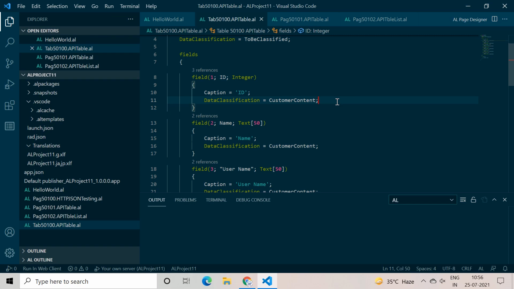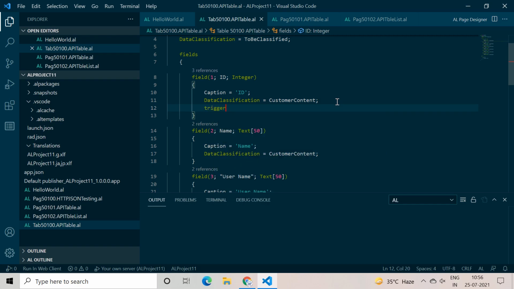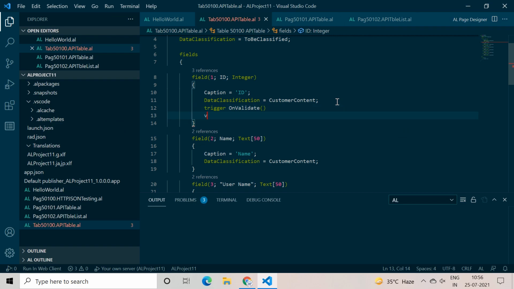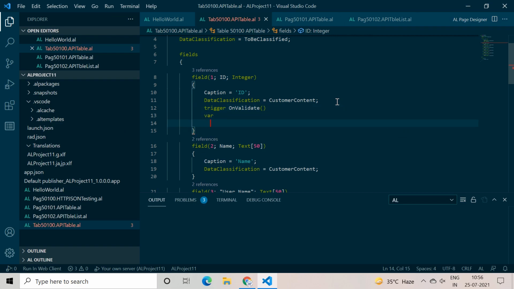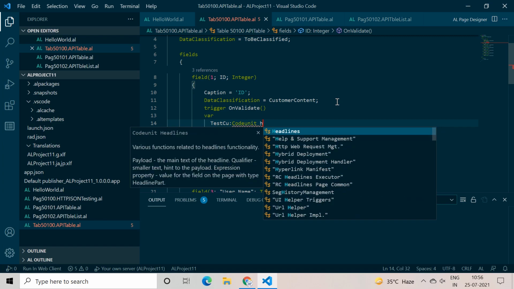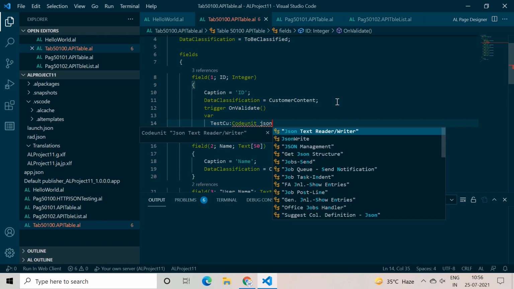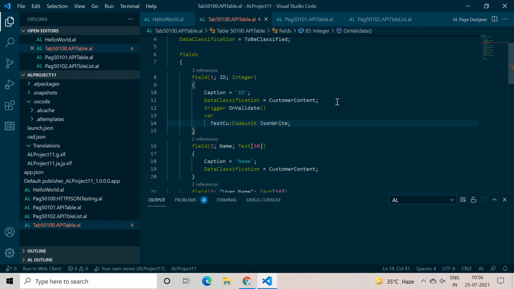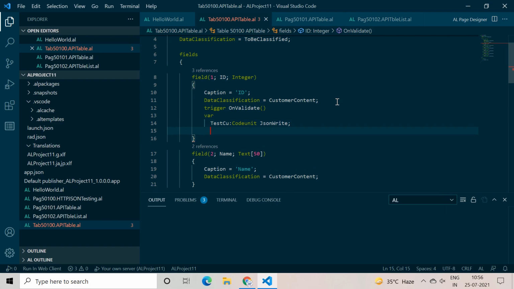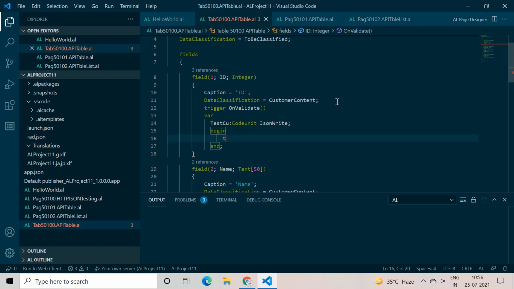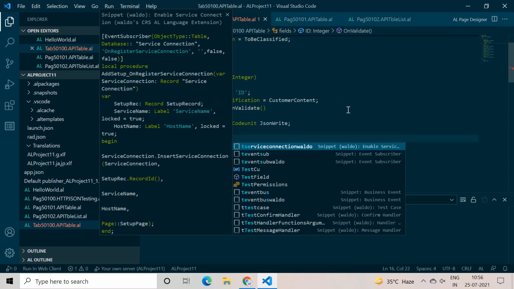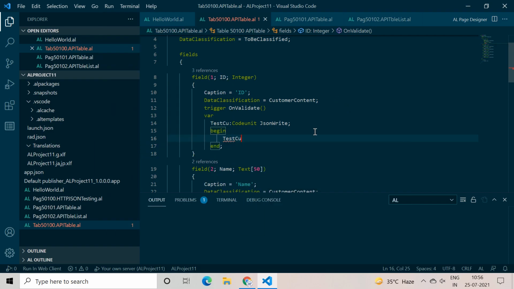So what we can do is input the trigger on validate here, and let's call our codeunit JSON write. Okay, so this is the name of our codeunit, and here we will call our custom function named JSON read and write.